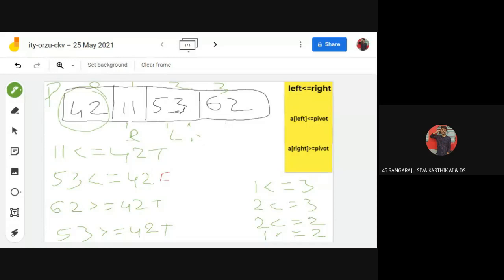So if the first statement is false, then in this methodology we want to change the pivot value. If you consider first as my pivot value, then the first statement will be false. Then we want to swap the pivot value and the last element. That means this last right element we want to swap. So we are swapping now.